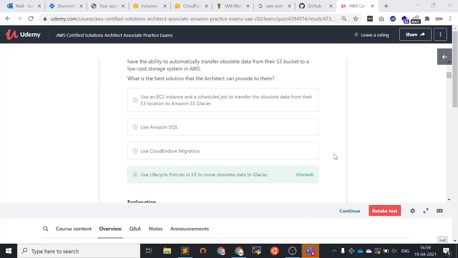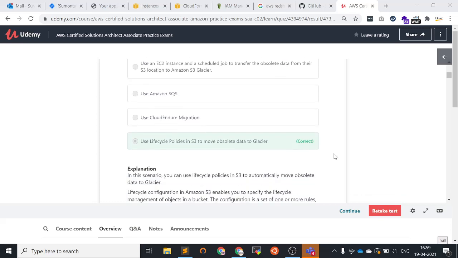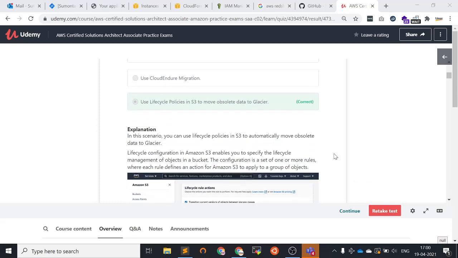Okay, so in this scenario, they only need to transfer the obsolete S3 data to another low-cost storage system. This may be S3 Glacier. For that, we generally use the lifecycle policy of S3. You can use the lifecycle policy in S3 to automatically move the obsolete data to Glacier.